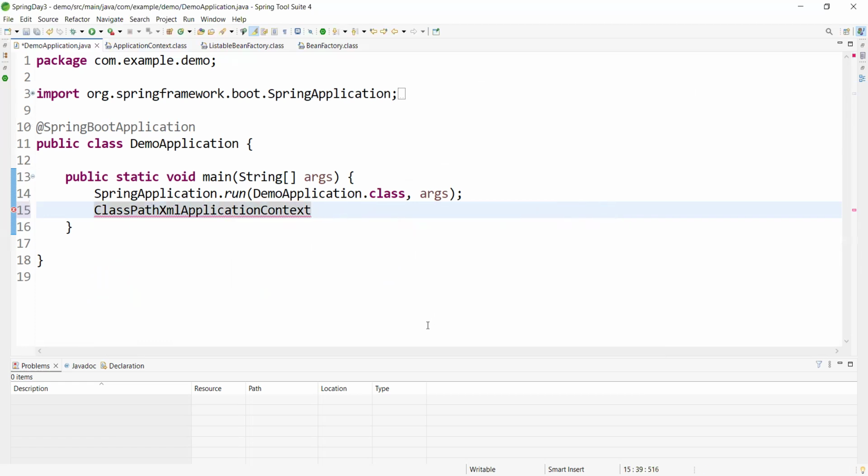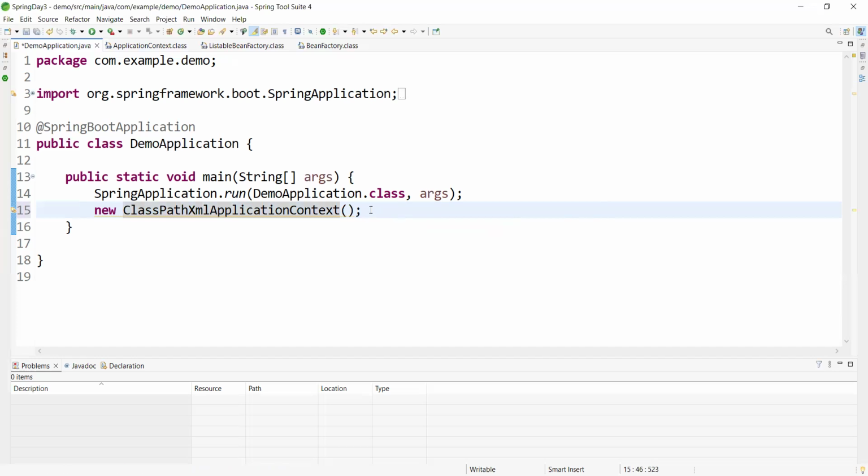My mistake. In the previous lecture, I said ClassPathApplicationContext, actually it is ClassPathXmlApplicationContext. So simply I can create it. This is a class, right? How to create an object? New, right?